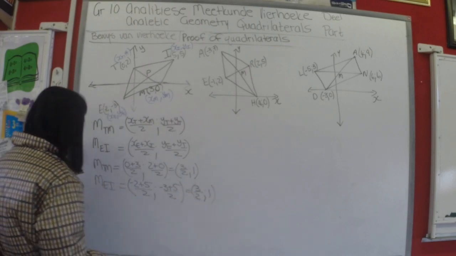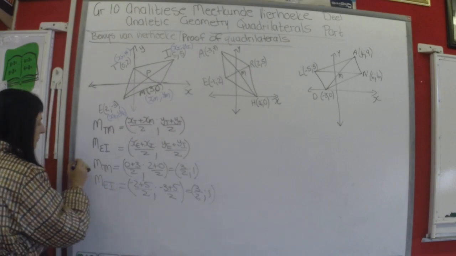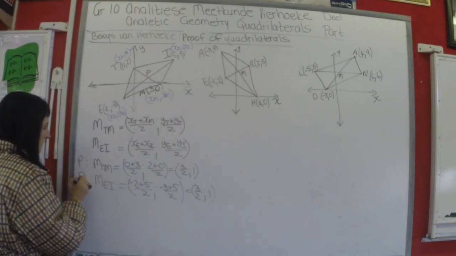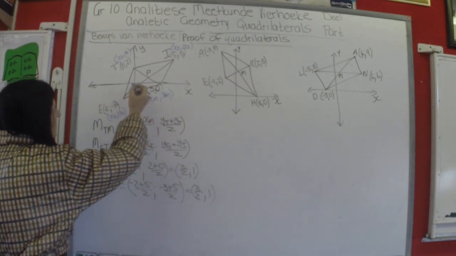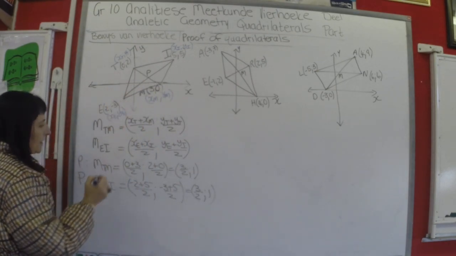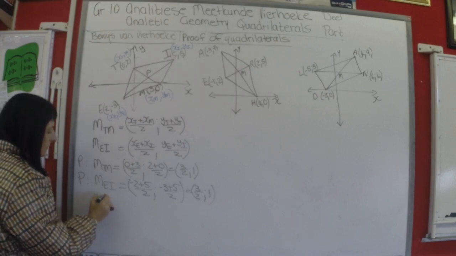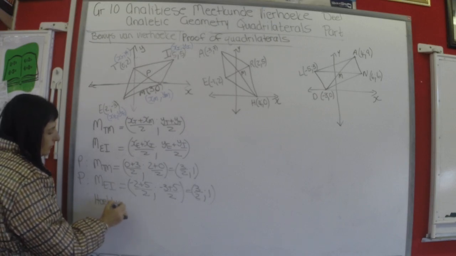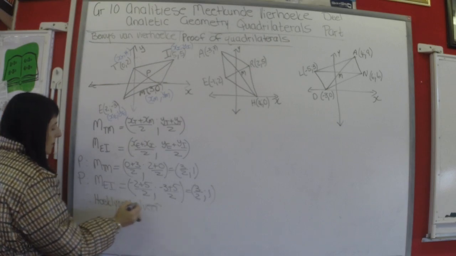So I've proven that the midpoint, the value of P, is the same value. So that means that the diagonals, therefore, die hoeklyne halveer mekaar, diagonals halve, and